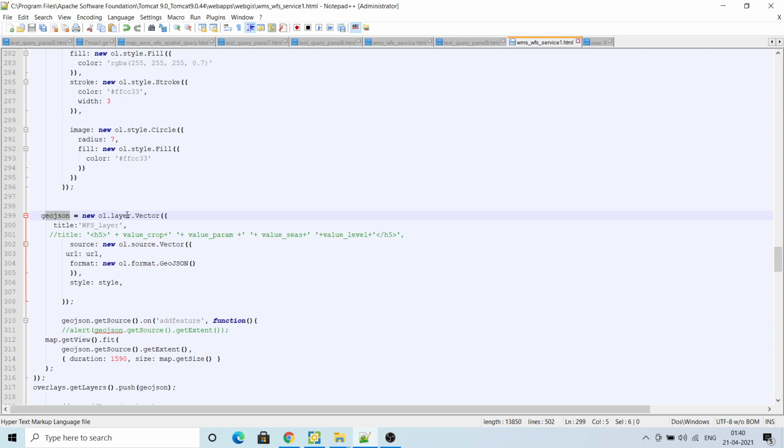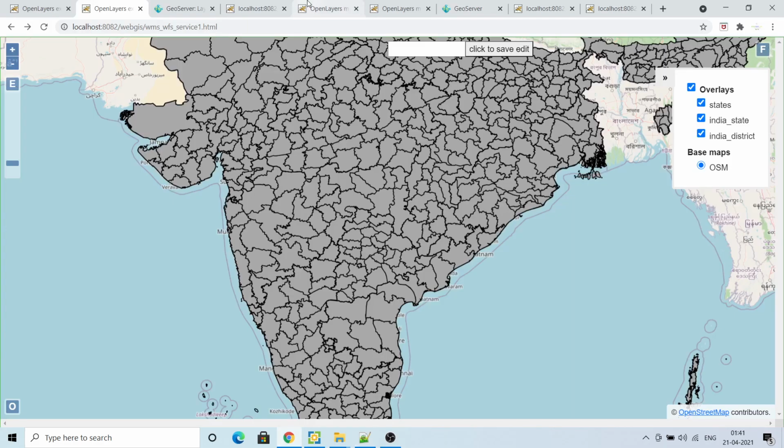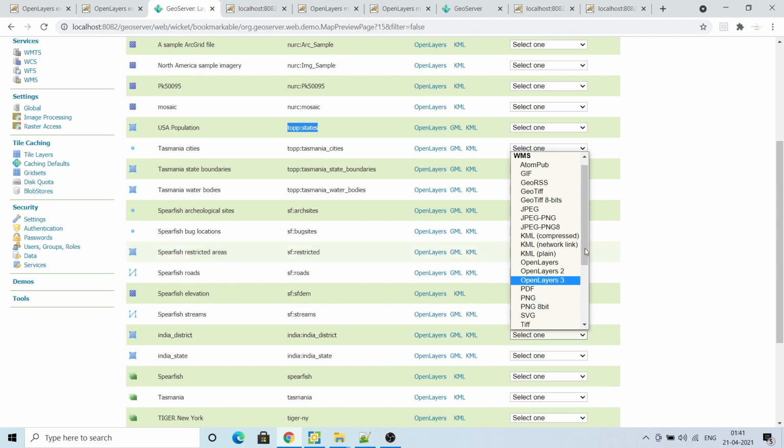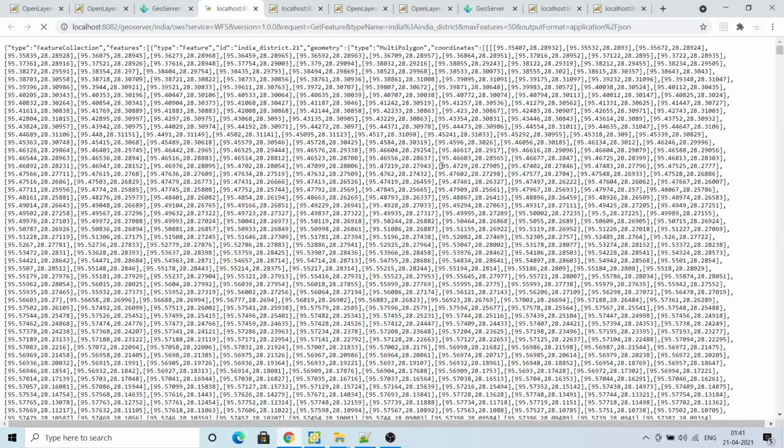New ol.layer.Vector, then give a source. Inside source you give ol.source.Vector, and the format is GeoJSON. You can use GeoJSON, GML, anything. I am using GeoJSON, as I have shown you in GeoServer. You have the option of GML and GeoJSON. I am using GeoJSON. This is a very web-friendly format.